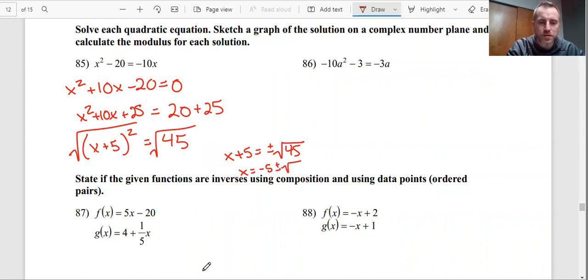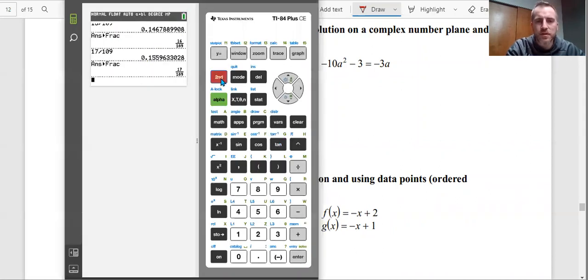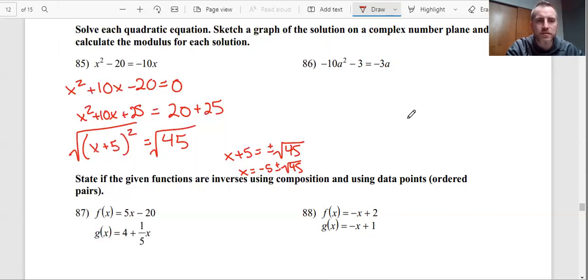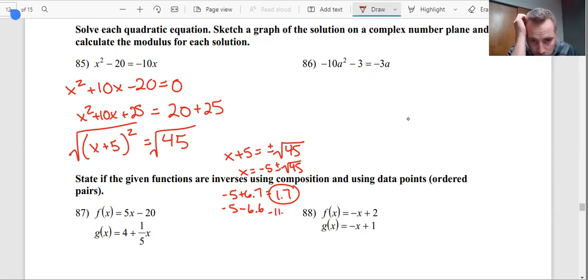Square root of 45 is just a real number. So this thing isn't very complex at all. It's pretty real. Square root of 45 is 6.7. So one of my answers is negative 5 plus 6.7, which I believe is 1.7. And the other one is negative 5 minus 6.7, which is negative 11.7. And then if I were to draw